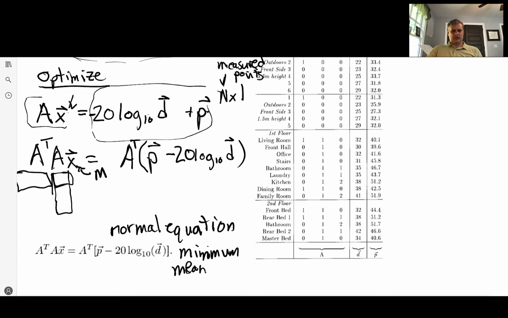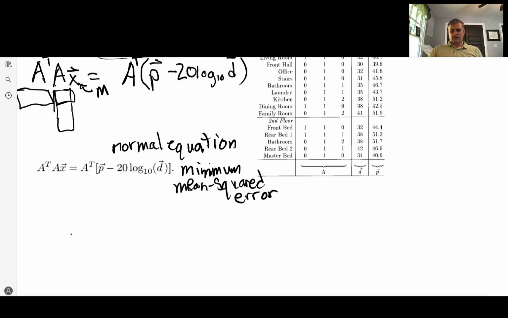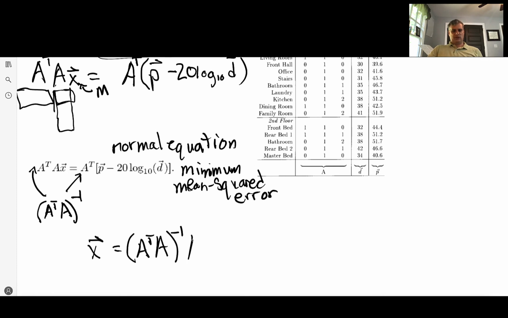mean squared error. It's a global solution too. You can show that this is the best you can possibly do for this simple linearized model. So all you have to do is get down here and say A^T A. You got to invert that and multiply it by both sides such that x is equal to (A^T A) to the minus 1 times A^T times my data vector with the free space